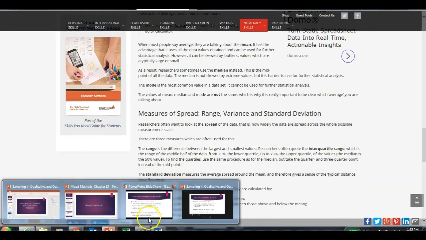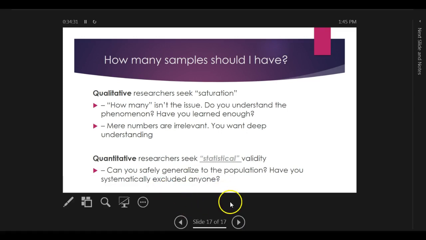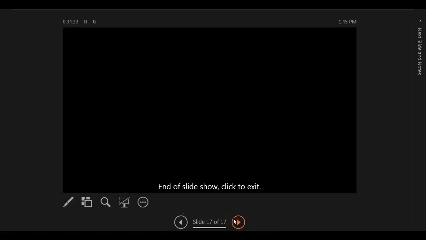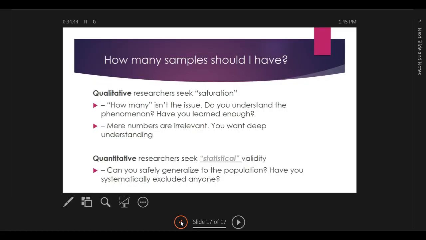All right, so this brings us to the final slide of this slideshow, and I hope that this was helpful to help you understand more about sample